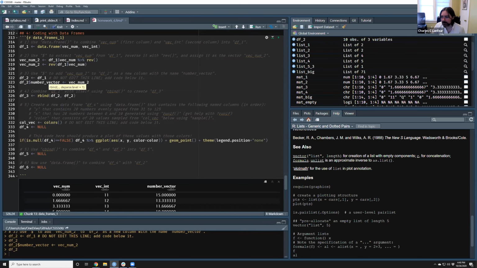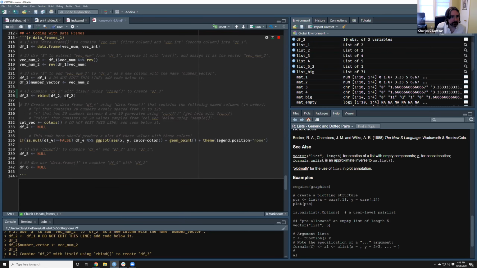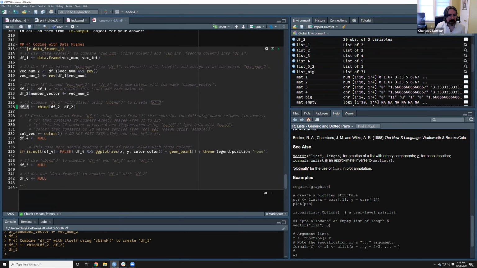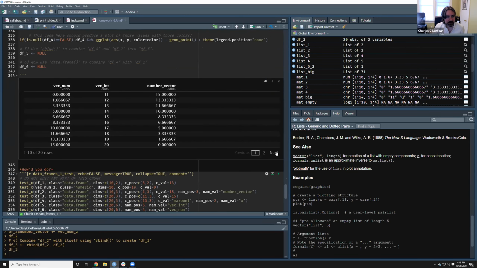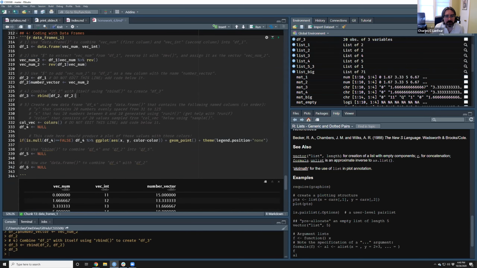And there's no clever way to say like 2 times df2. We just got to do them twice like that. We're going to end up with df3, which just has 20 rows. The first 10 are identical to the next 10. If I click these buttons, it doesn't do anything because it's showing 10 rows at a time. So you can rbind data frames together like you can with matrices. It works. Okay, next one.